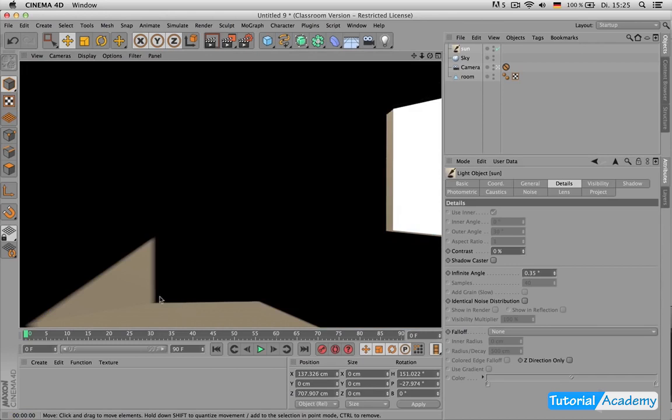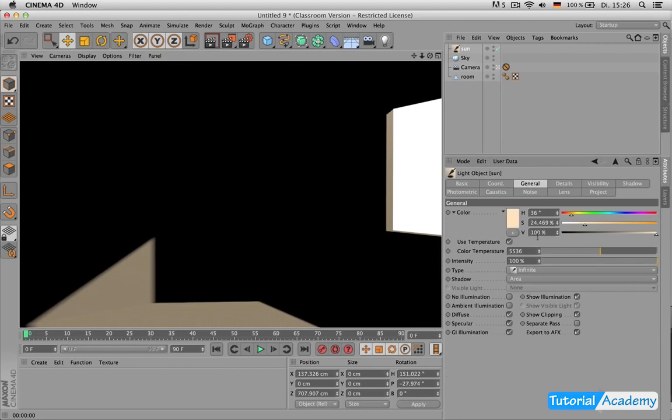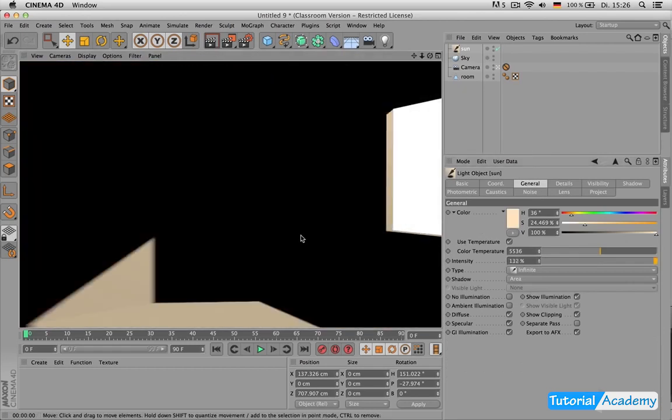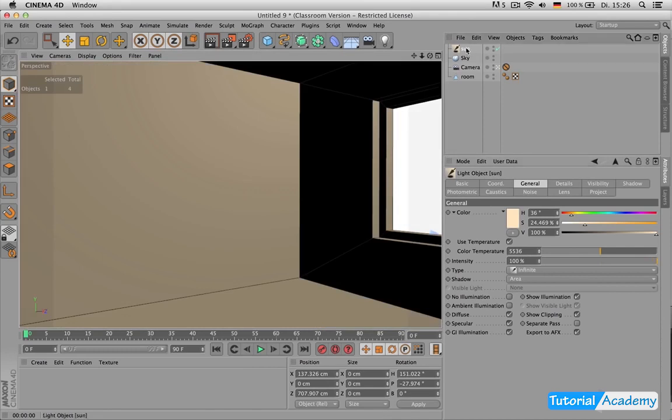And I find quite often the sun by itself is very important, but it can be a bit boring. So what you can do is you can intensify it, but you should always think about that there are more light sources coming to your scene, and then this might be way too bright. So I just leave it at 100% for now, but I can accompany the sunlight with another sunlight. I just copy it